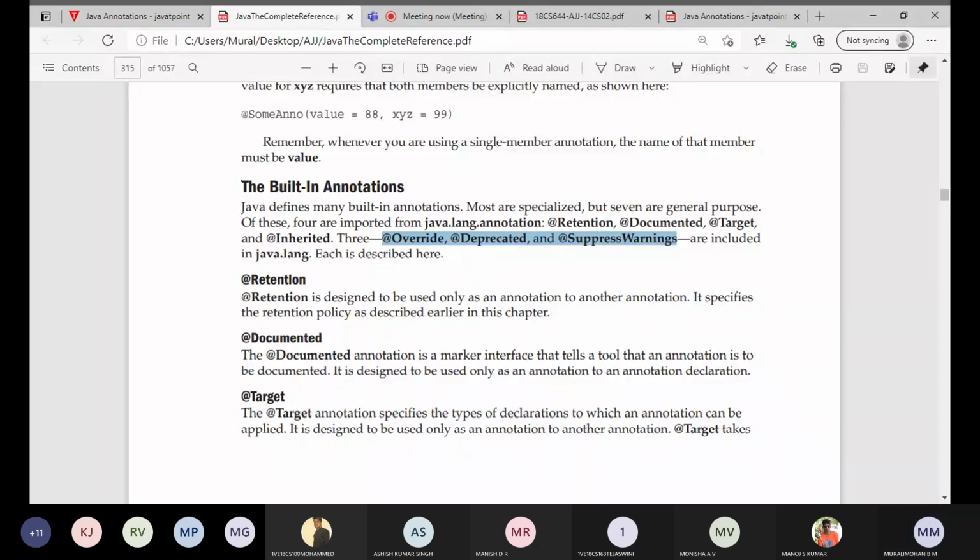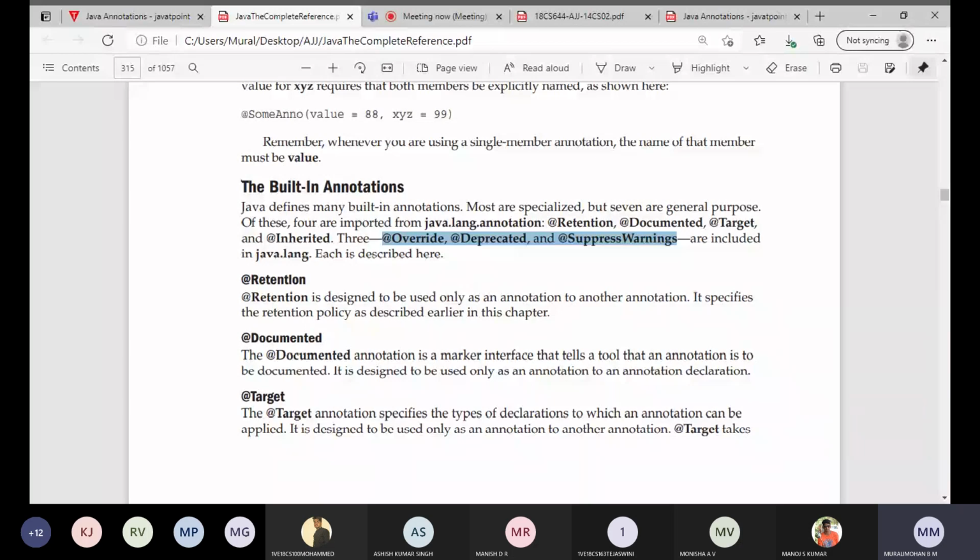Is it clear? If the question says explain the built-in annotations of the java.lang.annotation package, then you explain the other 4, that is retention, documented, target, and inherited. Kindly observe the question, whether it is asked for 7, or for 3, or for 4.